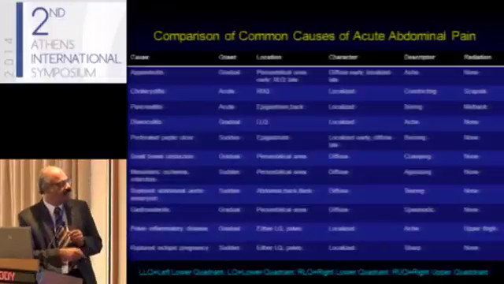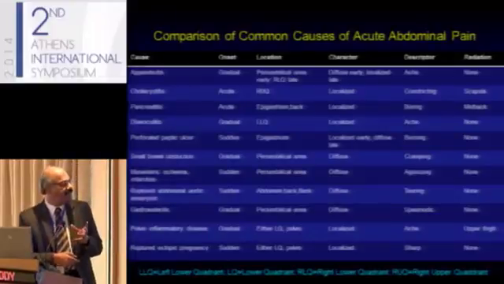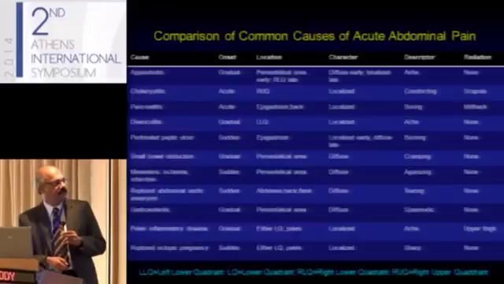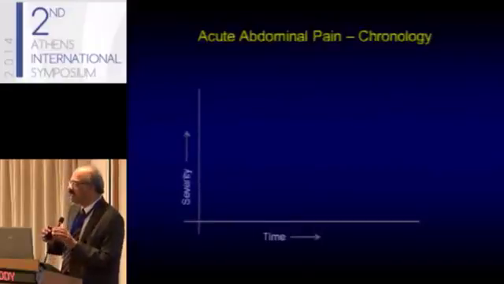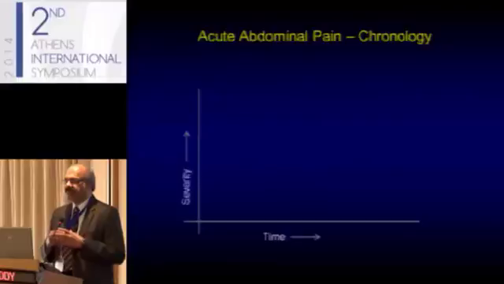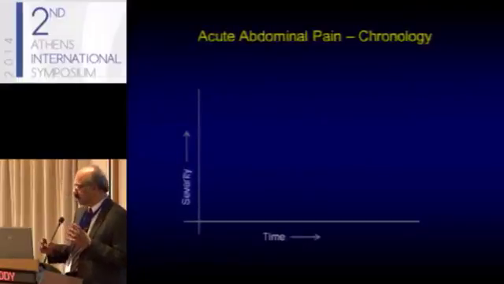For each of these abdominal pains, you have a different description, which can be very classical. Like the mesenteric ischemia, I told you, sudden onset, periumbilical, and then diffuse initially. So each of these has different features. So what you must look at in these patients is the chronology of how this pain occurs. And this is very important. When we see a patient with acute abdominal pain, what we look at is the chronology of events.